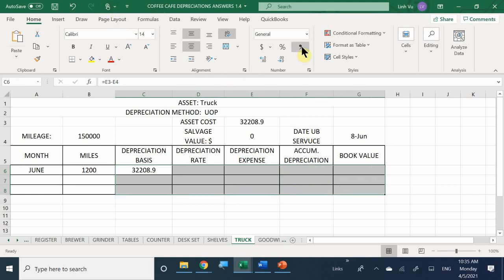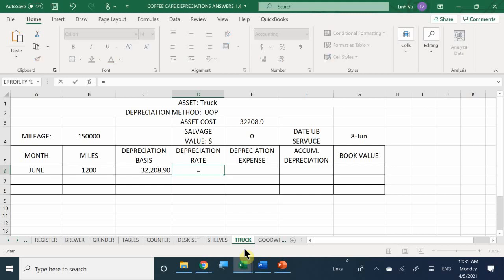So if we know that much information so far, that my depreciation basis is going to be my asset cost minus my salvage value, which in this case is going to be your asset cost. So how do I find the per unit rate? Depreciation basis divided by total estimated number of units. Yes, which in this case is going to be,